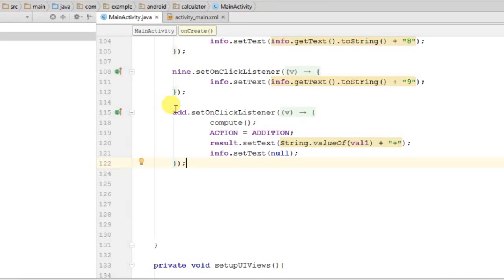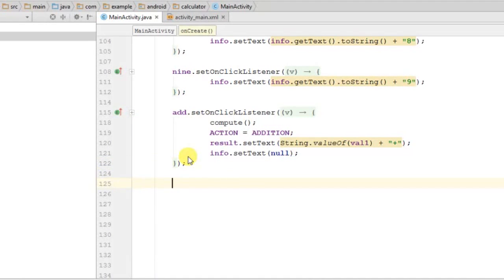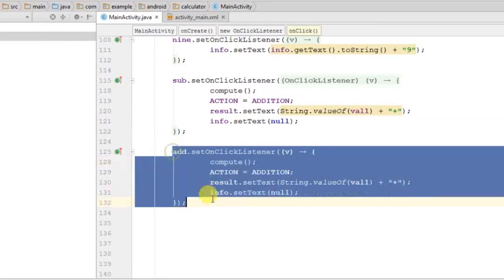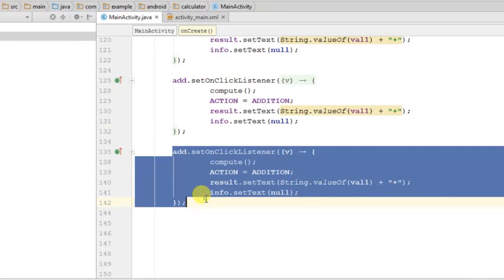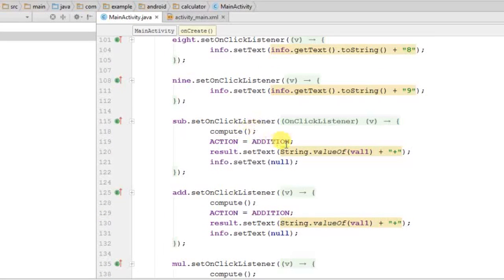Okay, so now that our add function is complete, let's proceed and do the same for other operations as well. So sub dot on click listener, we also need to do the same thing for division and multiplication as well, but be sure to change certain parameters because we have not yet changed the parameters for each of them. So this will become null, and this is divide, and as you can see in subtract, we need to change this action from addition to subtraction,